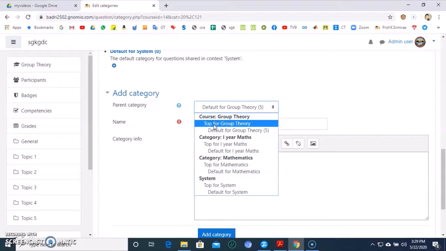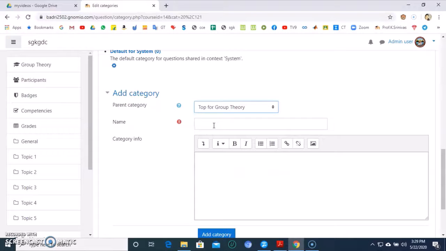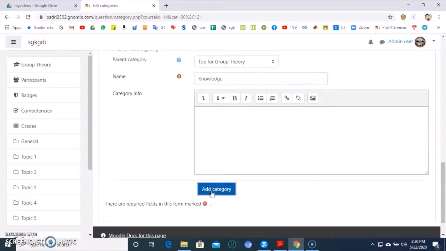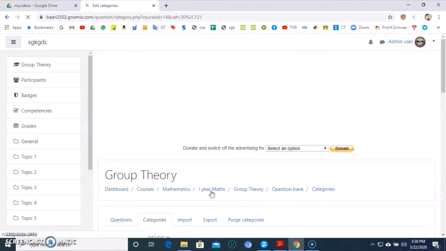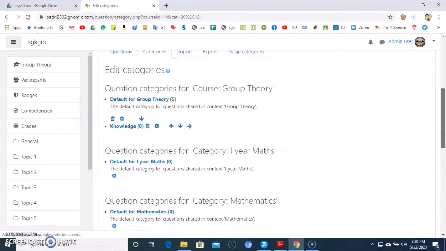I'll click top for group theory, and in that I'll name a new category, say, knowledge based questions. I'll add only knowledge based questions in this. So scroll down and click on add category. Scroll down and see. So we have knowledge questions in this.